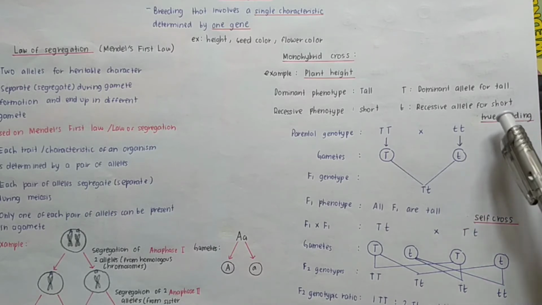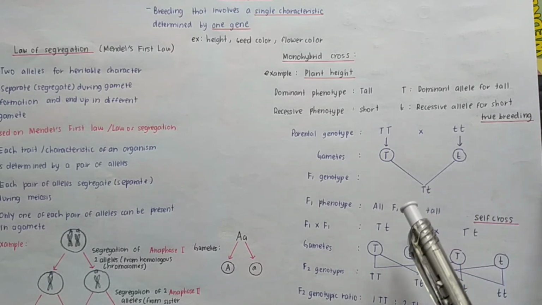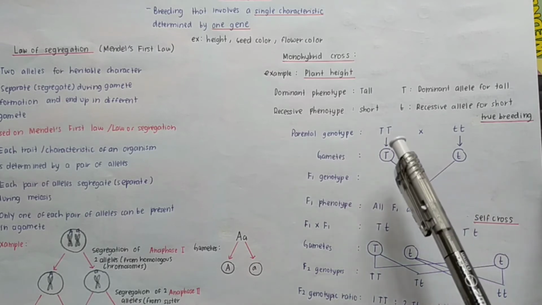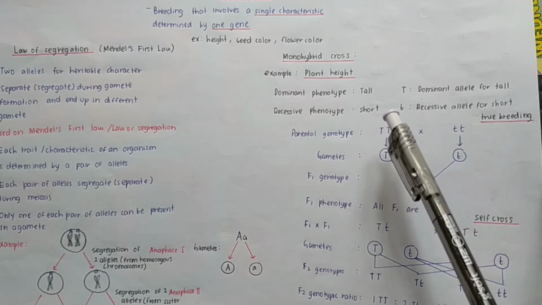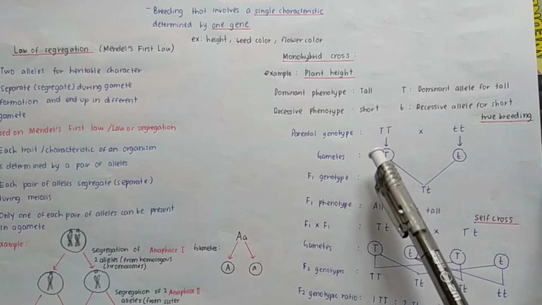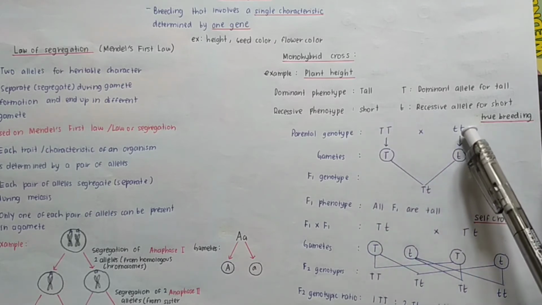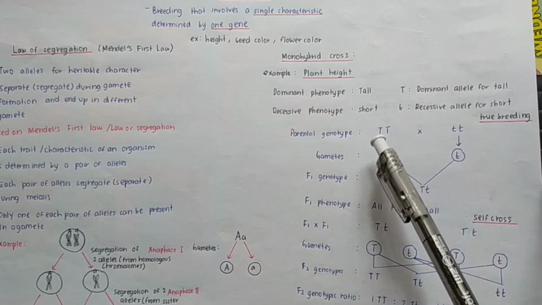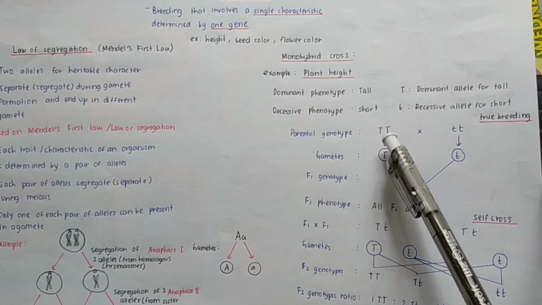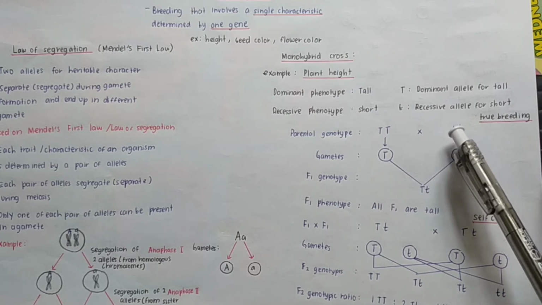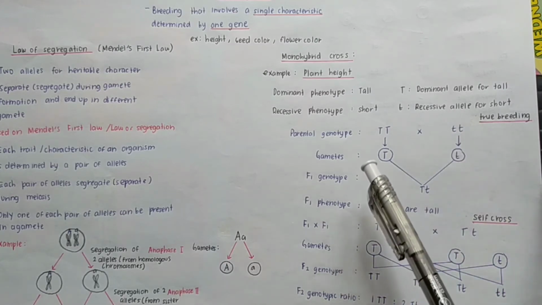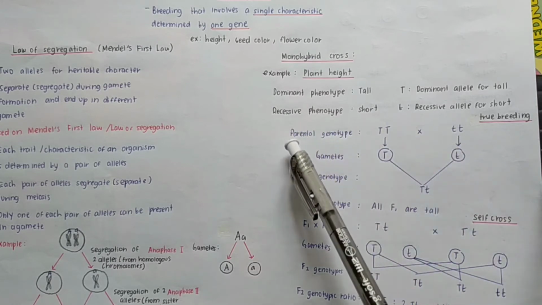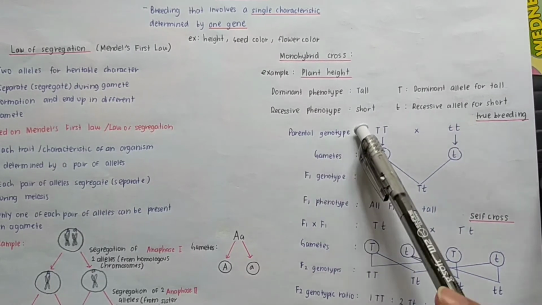So remember, what is the meaning of true breeding? True breeding is the crossing between parents which are both homozygous. So it will involve crossing between a homozygous dominant parent and a homozygous recessive parent. Homozygous dominant is capital T, while homozygous recessive is small t. So, once you have written the genotype for both parents here, you must write "parental genotype" with a double dot